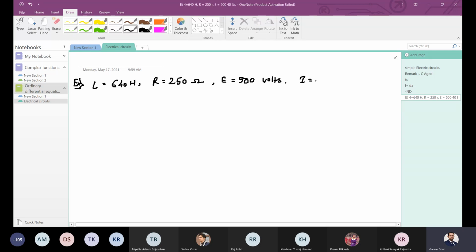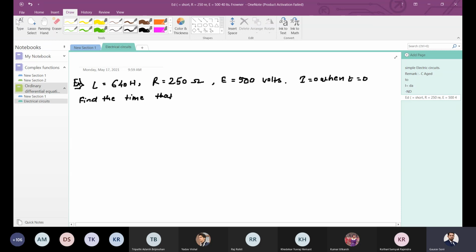I is equal to 0 when t is equal to 0. So initially the current is 0. Find the time